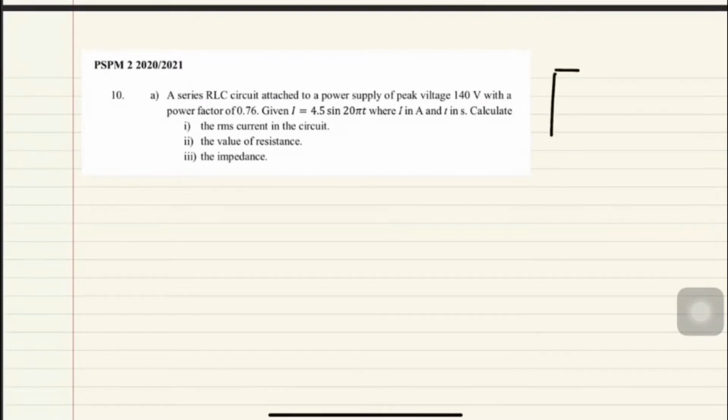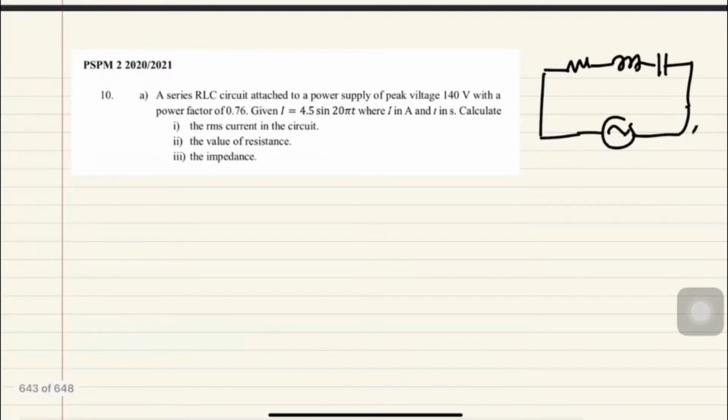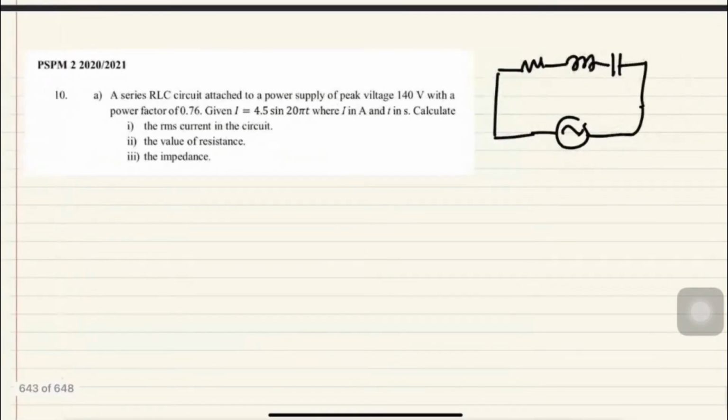So R, L, C. Saya memang suka lukis sebab nanti kadang-kadang saya terlupa sikit. So dia kata peak voltage 140 volt, so itu adalah V0. Power factor adalah cos phi, and then given that I is equals to 4.5, okay, dia kasih equation I dia